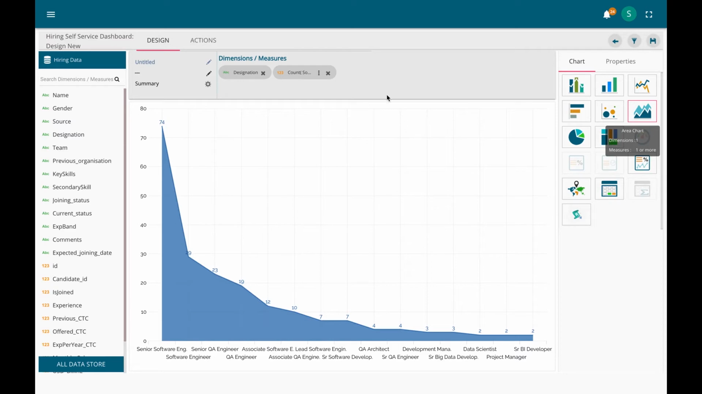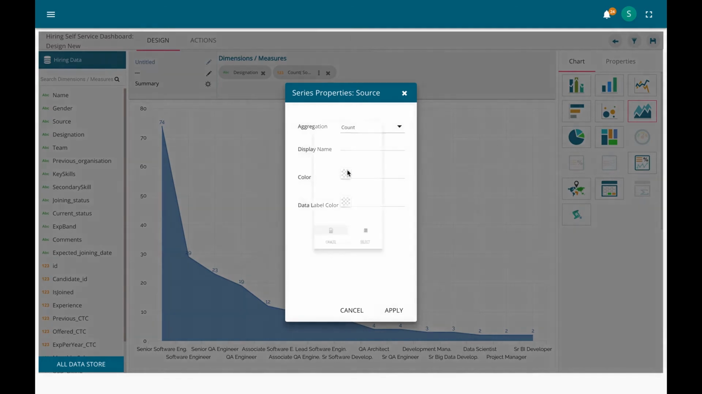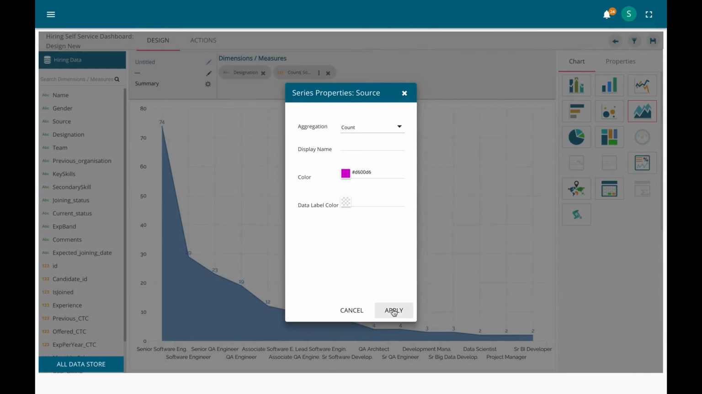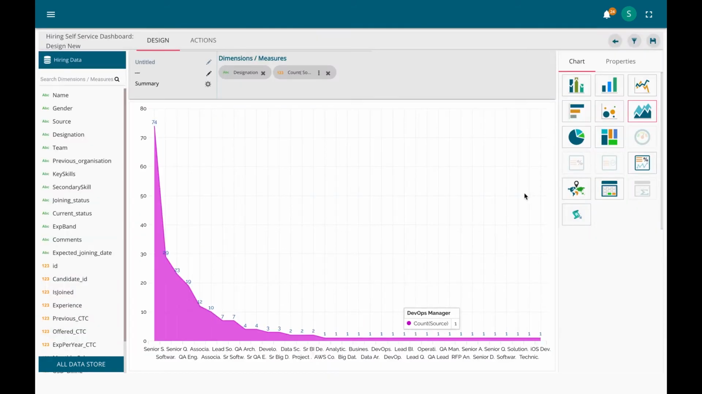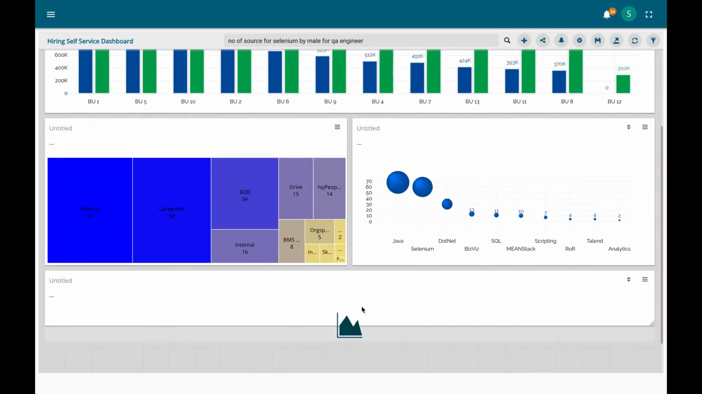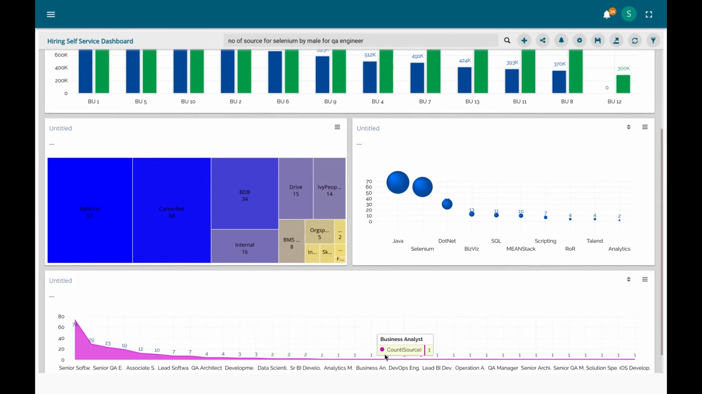To this, and color to this type, and I will save this data, and this is how my graph will look like. And yeah, I can save this, and I can extend this NLP by saying for QA engineer,